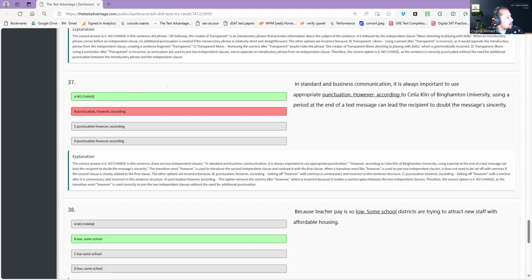No, I didn't. Okay. So same problem here, Malak. Two independent ideas. Even if you have a double comma, however, comma, therefore, comma, you can still use a semicolon or a period or